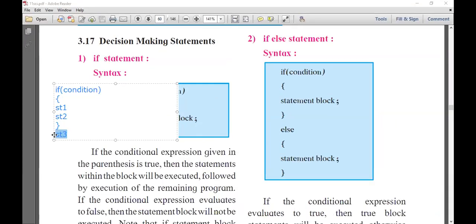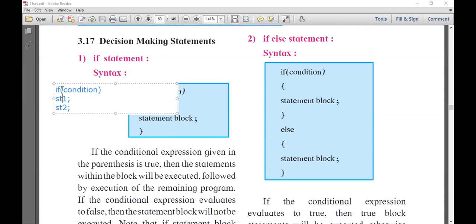Okay, this concept again I am making more easy. Now here is a statement 1 and here is a statement 2. Now see, the syntax of if condition says that if condition evaluates to true, then statement 1 will execute.